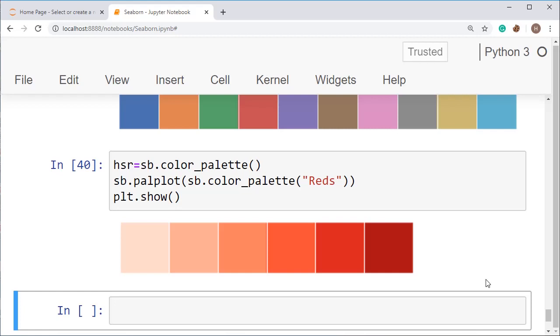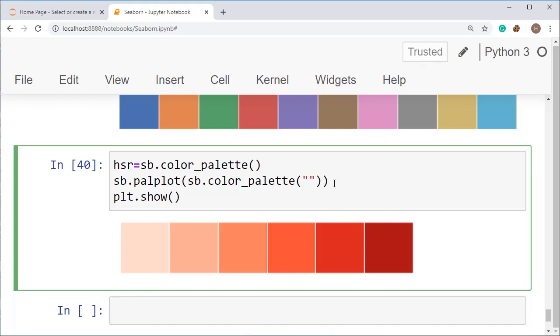Now I'm going to show you diverging color palettes, meaning when you are using a gradient, how it works. Okay, so what you have to do is just change the thing here. Put green and then put reds here, and just put a comma 7 here.